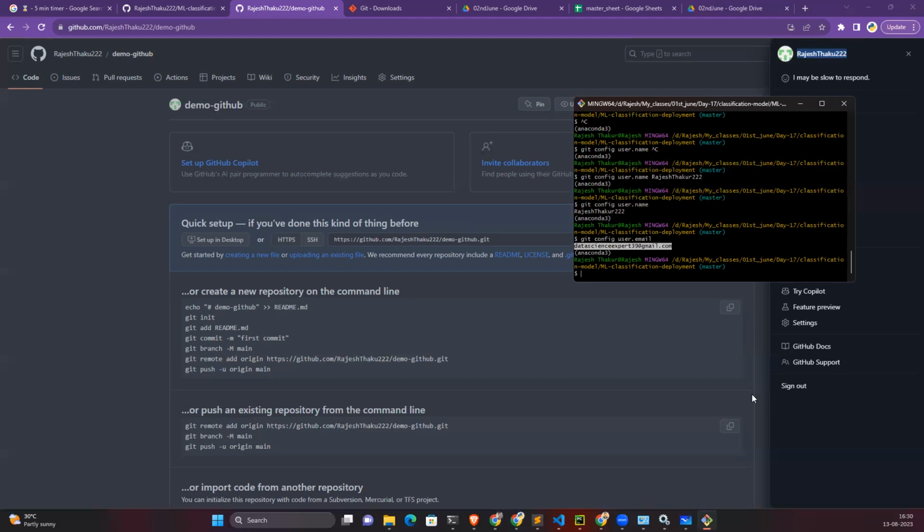Is it showing the same email ID? No, a different mail ID. Yeah. So then you have to run the same command again, git config user.email, and here you have to give your email ID. Do it quickly. I'm giving the command. Everyone, please follow me. Git config user.email, and here you have to give your email ID. Please execute this command and do let me know.